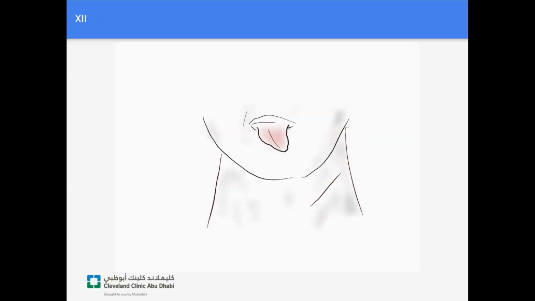And the 12th nerve is the one that most commonly is injured with any kind of exposure of the distal internal carotid artery. This runs typically under the posterior belly of the digastric muscle, although its location can be quite variable. In some patients, I found it to be actually slung quite low, and it's easy to mistake it for part of the ansa cervicalis nerve complex. When you see it, you have to make sure it is or isn't the 12th nerve.